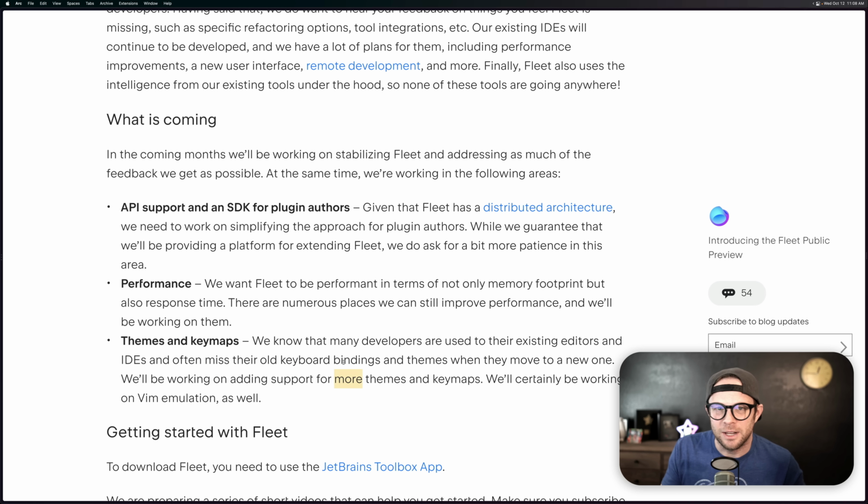There's the default themes, and right now they're just saying, hey, you got them. It says they're working to add support for more themes, but it doesn't necessarily say, hey, you can go hog wild customizing your own themes. We'll see about that. Now, to get started, the first thing you have to do is download the JetBrains Toolbox